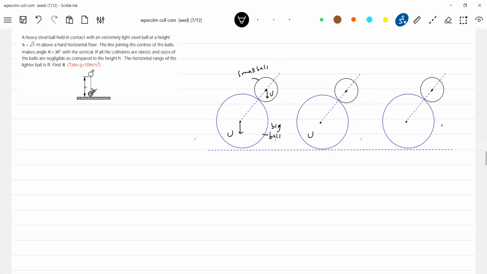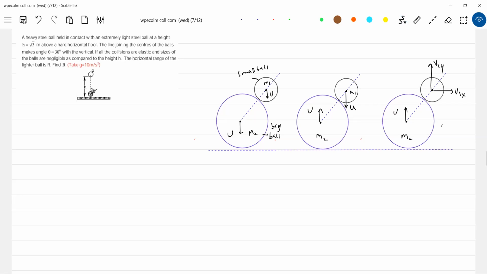Okay, this will collide. It will rebound. So let the mass of this be m2, and let this be m1. So after collision, this will assume something. So now you can ask it like,